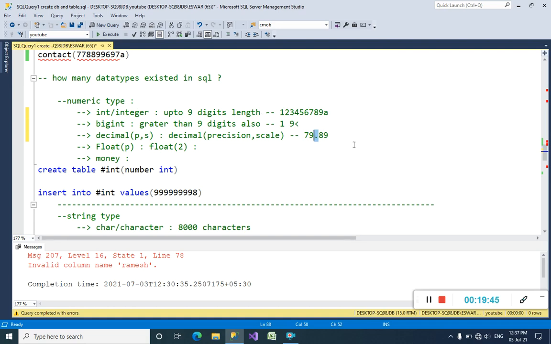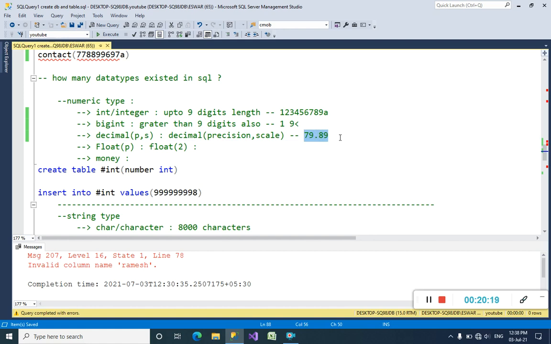If you declare that column as an integer, you cannot insert this dot. We can insert 7989, but does it mean the same? No, it doesn't. So when we want to insert a percentage or grade, we must use decimal.